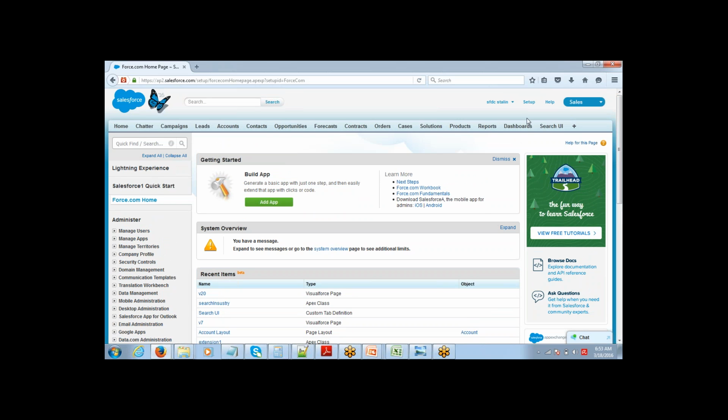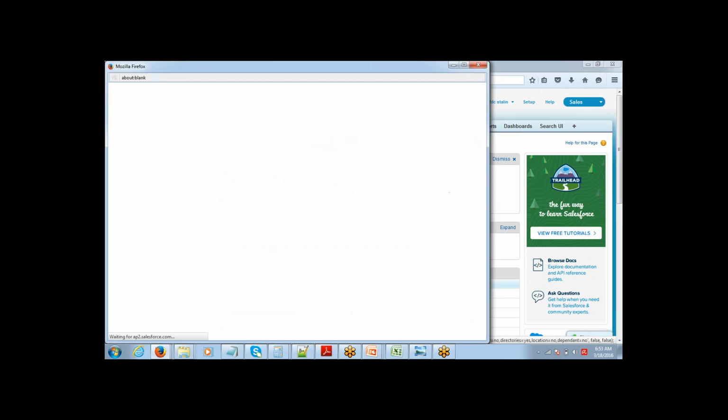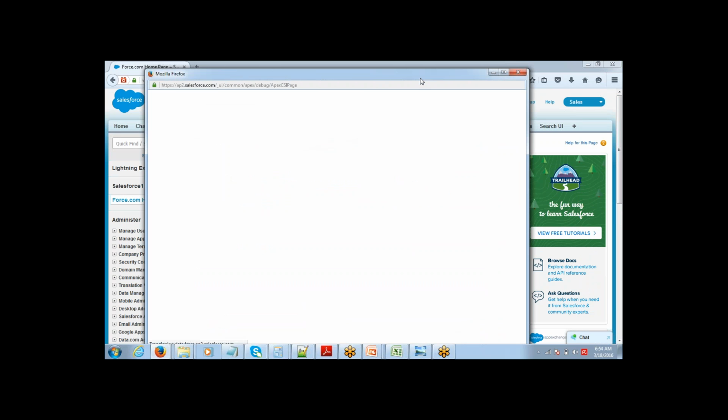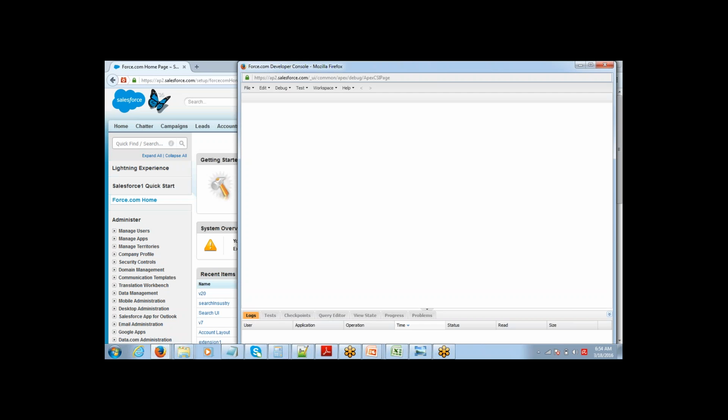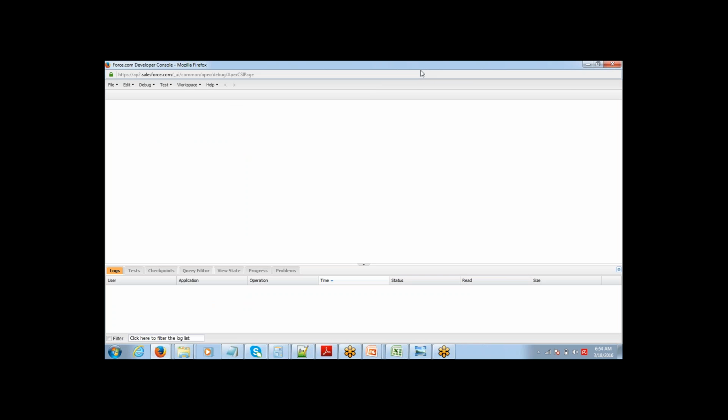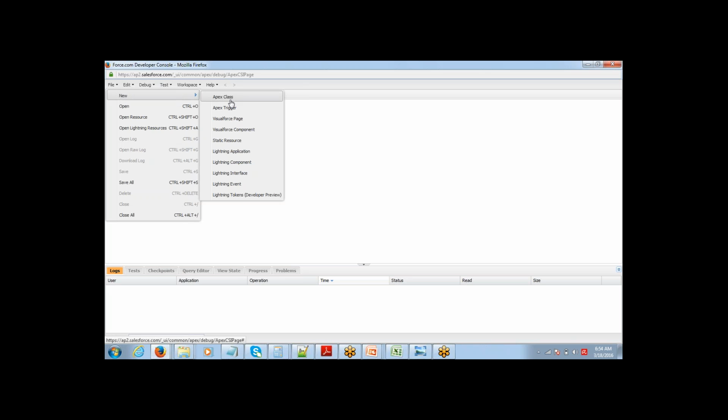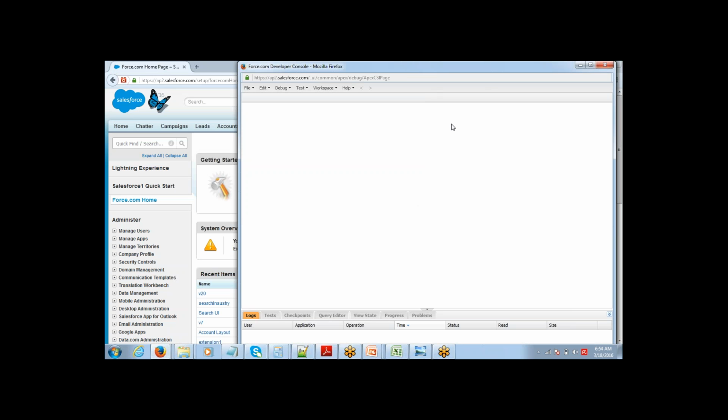Okay. So once you're logged in, you can just go to your, click on your name and then go to developer console. Developer console is basically more like an IDE where you can write your programs and stuff like that. See, you can actually write visual force pages from here. You can create an Apex class from here, Apex trigger, visual force page component. So all these things you can actually create from here also, right? So this is more for programming environment. And you can do these things from the UI as well, as we have earlier seen,